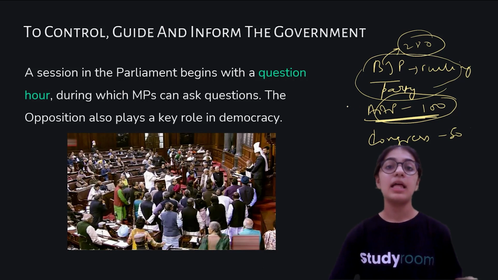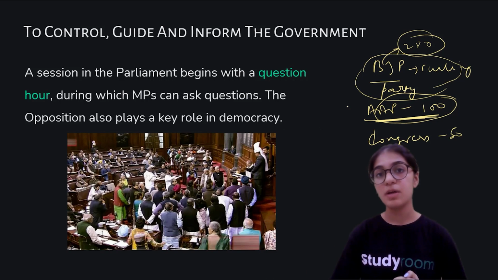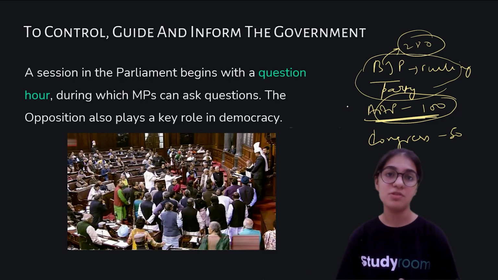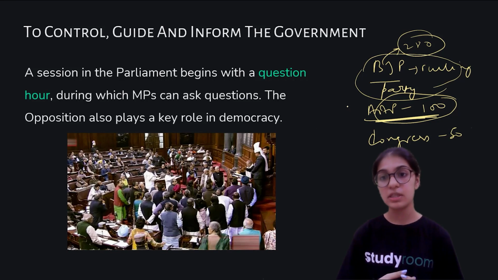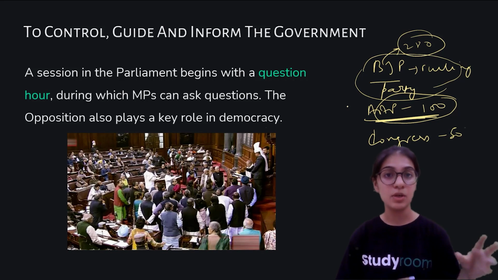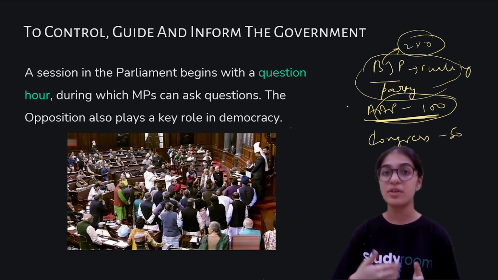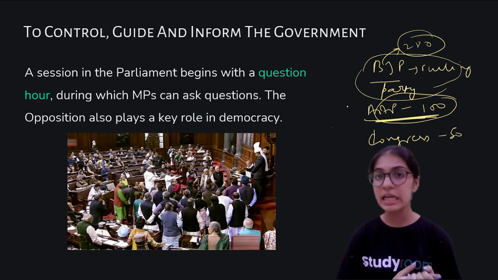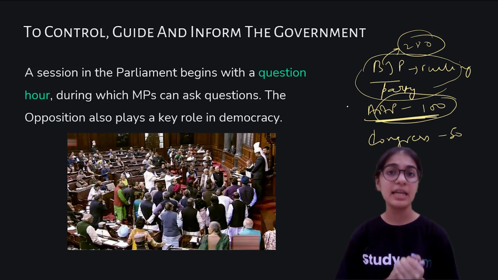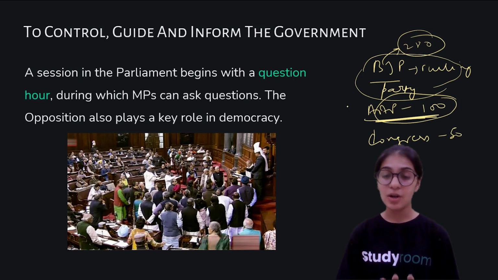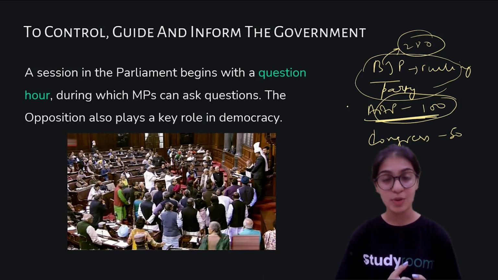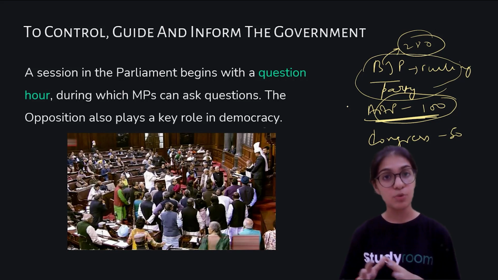Now, in this case, any party that has got the second maximum votes becomes the opposition party. Now, what is the role of the opposition party? Basically, the opposition party can question the ruling party on how the laws are being enacted and what the new rules and regulations are, and so on and so forth. It can question the ruling party on any particular topic that is going on in the country, any act, any law. It has the role to oppose and question whether everything is done properly, whether every act has been passed properly, and how the laws are being implemented. So it can question anything to the ruling party.